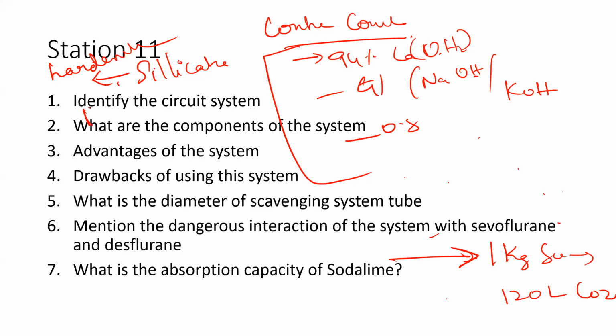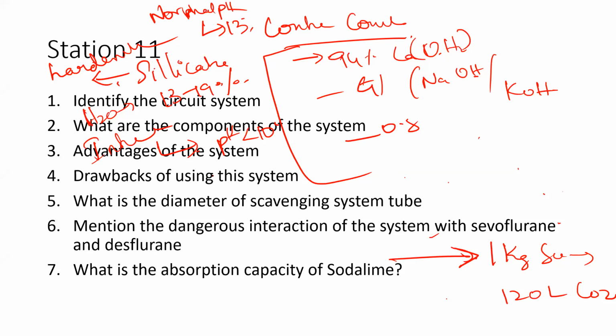Water, 13 to 19%, it has got moisture content in it. Okay, then what else? Indicators. There are different indicators which change color depending upon the pH. What is the normal pH of the soda lime? The normal pH is 13. The soda lime changes color when the pH drops to less than 10. So the normal pH of soda lime is kept around 13. It is highly alkaline.